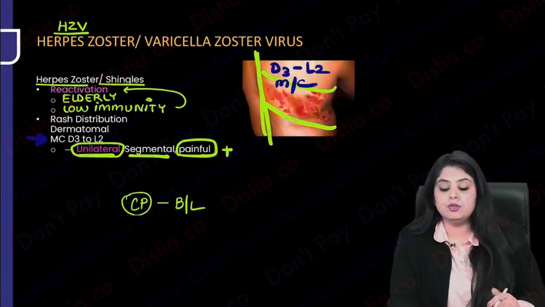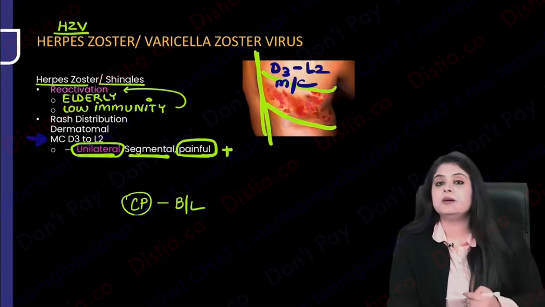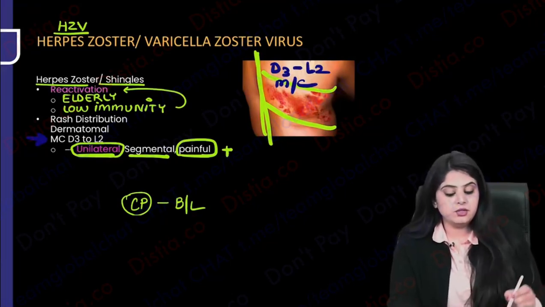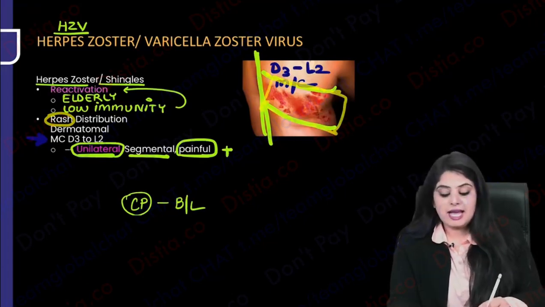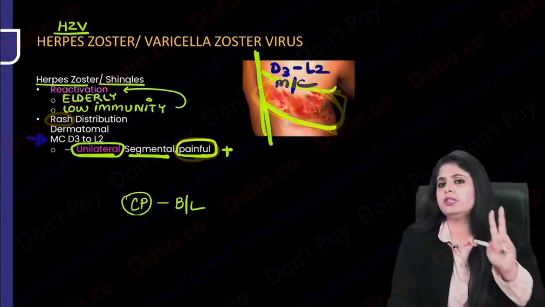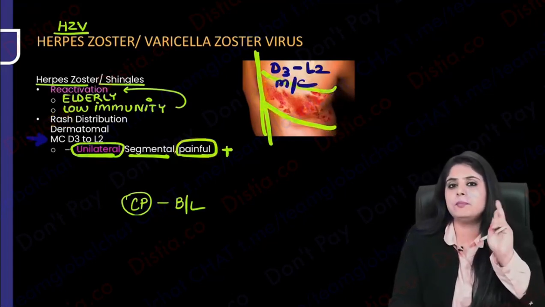So now what are you going to do? You will say, ma'am, let's consider, you are saying that there is going to be two things. There's going to be a rash, which is going to be along a dermatome, and the patient is going to say that he's having a lot of pain also in that region. So two things the patient will say, rash hai, pain hai.